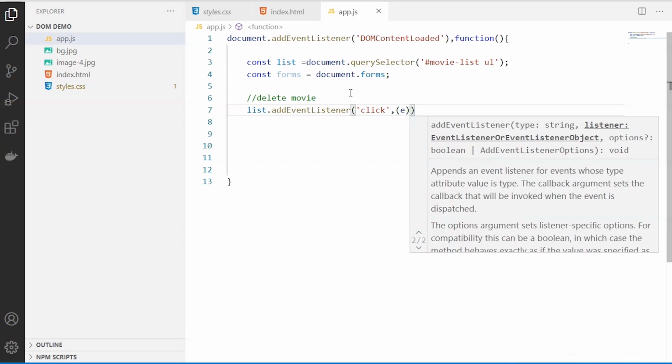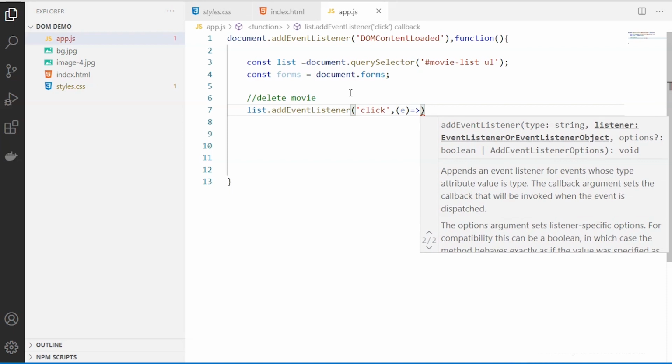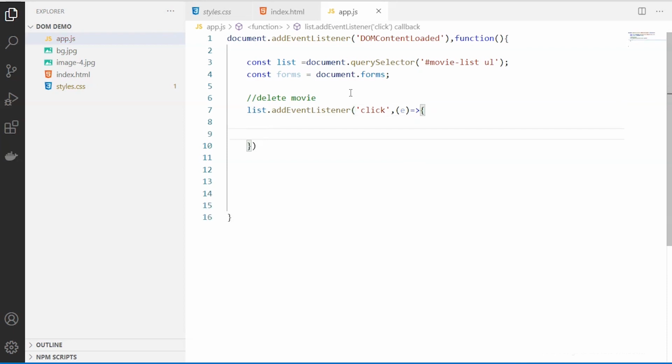This event parameter is nothing but the event object, where all the metadata will be stored. It will have all the necessary properties stored there. So you can find out the source of the event, you can find out the target of the event. Everything will be stored in the event object.